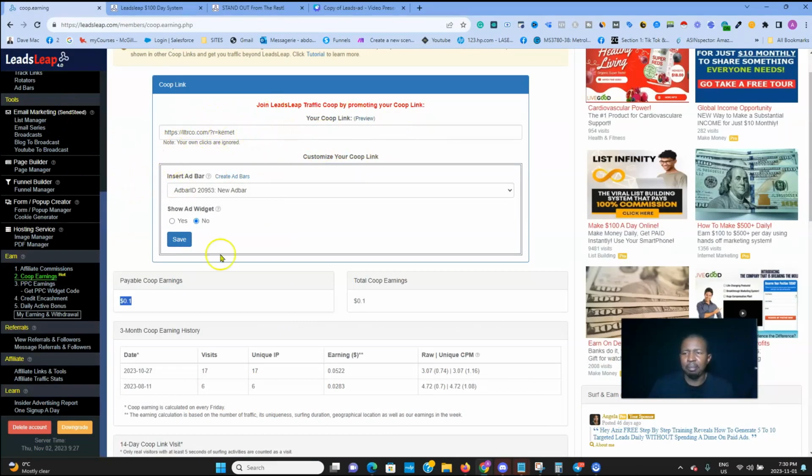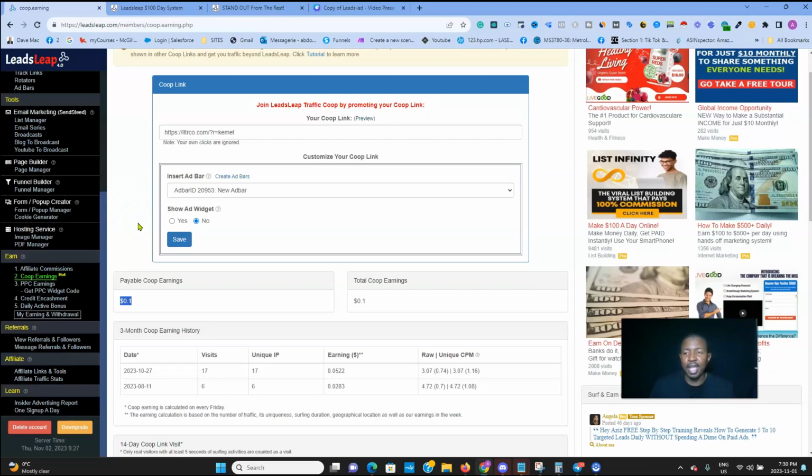They have a powerful system that tracks exactly if the link is being used on Leadsleap or if it's a bot click. Any bot click and Leadsleap click won't be counted. In order to promote your co-op link, you can promote it anywhere,